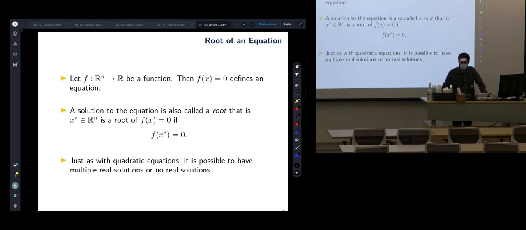So what do I mean when I say a root of f of x equals 0? First of all, we need to talk about the notion of function, a map, a rule that takes an input from some domain